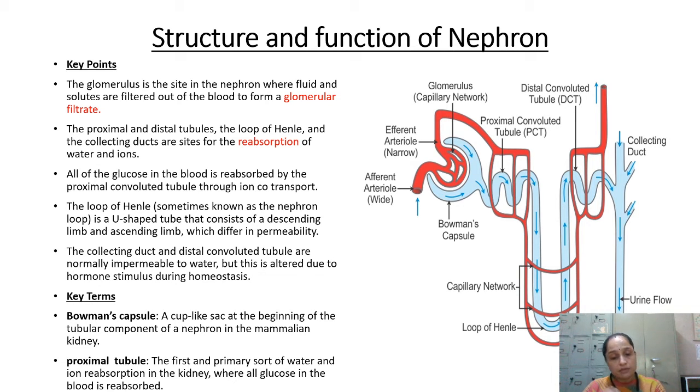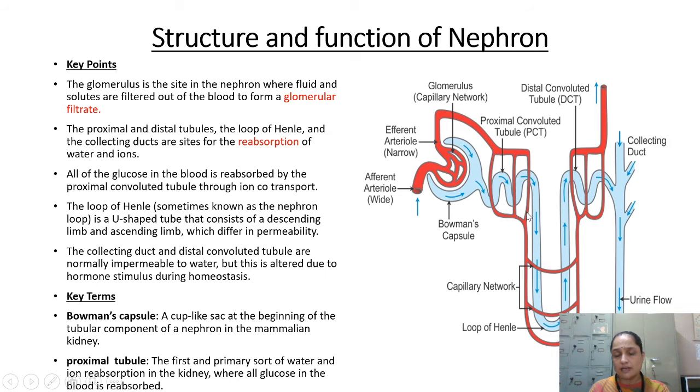Initially, I told you कि amino acids, glucose, salts, they all came inside the Bowman capsule, and you must be knowing that this glucose, amino acids, and water, some salts, these are essential components. They need to be taken back into the blood. Here you are able to see the extension in the form of red pipelines. These red pipelines are basically the renal arteries and the renal veins. Okay, so here you are able to see this pipeline structure. ये कहाँ है?